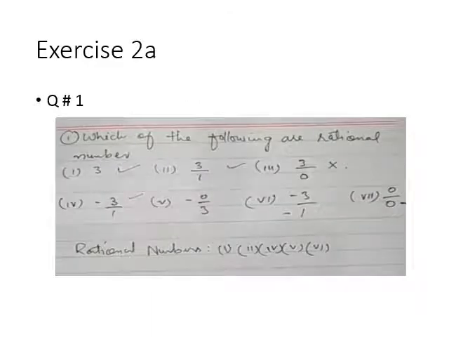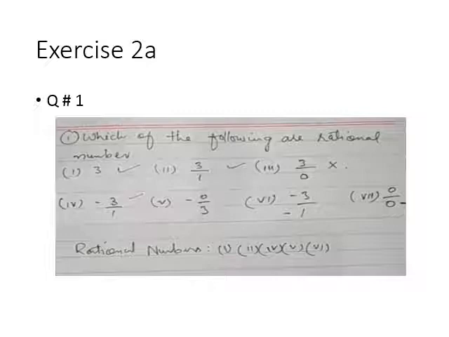Here we will see question number 1: which of the following are rational numbers. As we know, rational numbers are those numbers which have either a positive or negative sign or a fraction form. These are called rational numbers. You will see in here that